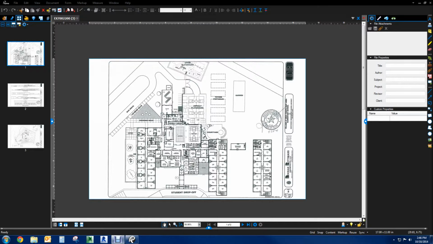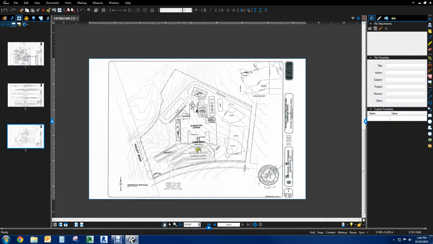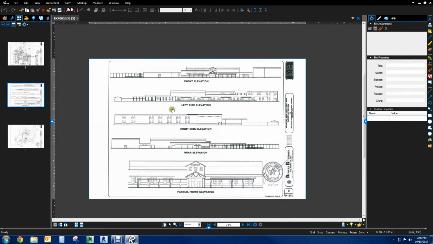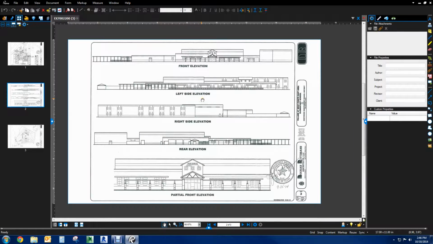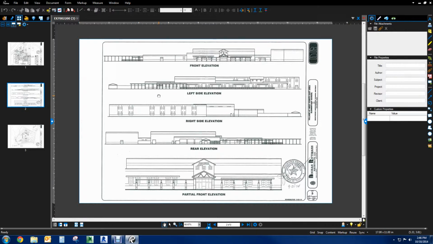So, how to create a 3D model based on images. In this case, these are PDFs. So I got a site plan, I got elevations, as you can see, and these are scans, but it's okay. For a really generic, quick and dirty model, this is more than good enough. So we need to convert this into TIFF because TIFF is a format that SketchUp can read and PDF is